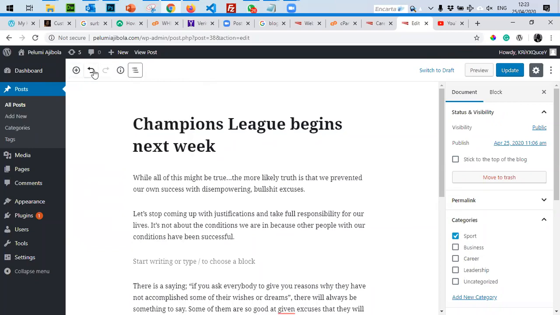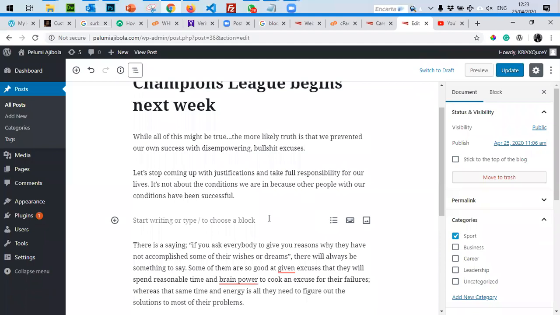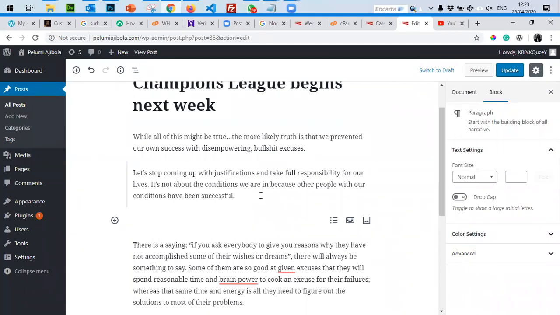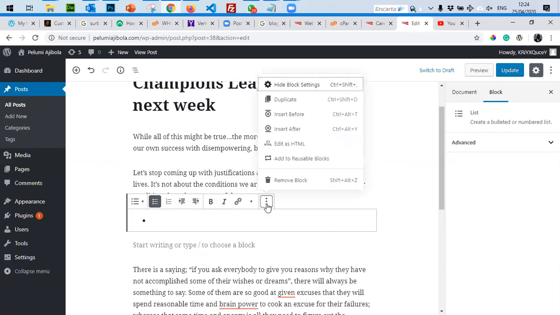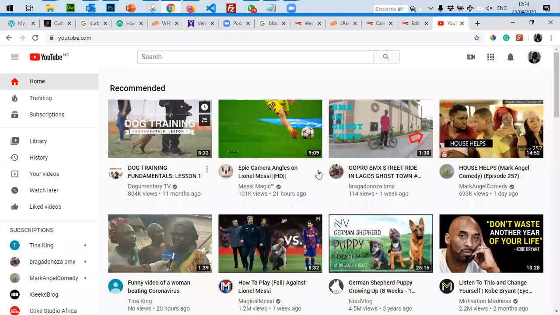This version of WordPress is a very recent one. And normally there's always an insert menu somewhere at the top. Now, here you can add an image. Okay, this particular blog does not give you the liberty to just add video. So you just have to embed a YouTube video.